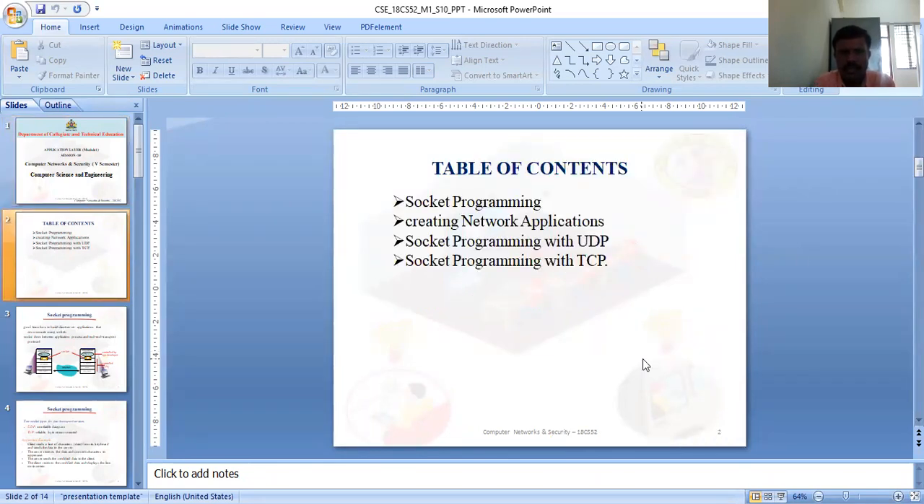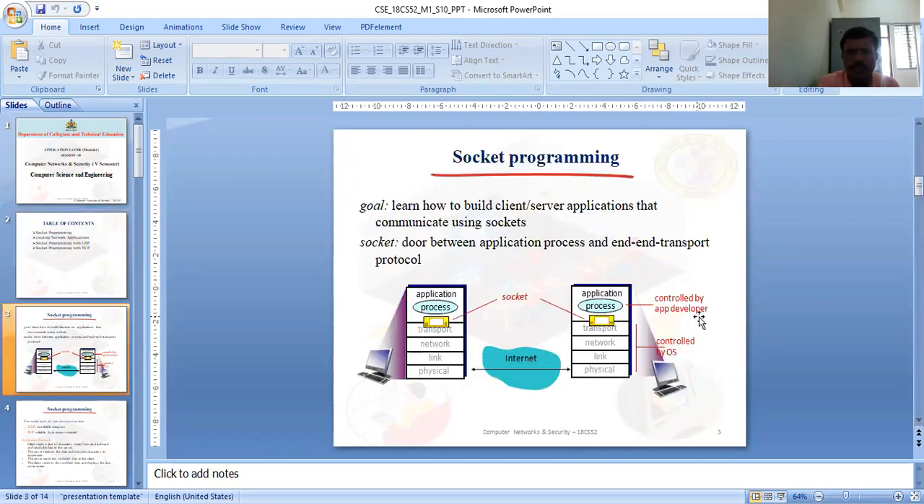So in this class, we're going to discuss socket programming and creating network applications: socket programming with UDP, the user datagram protocol, and socket programming with TCP. As you know, the goal of socket programming is to learn how to build a client-server application that communicates using sockets. A socket is a door or entry between the application process